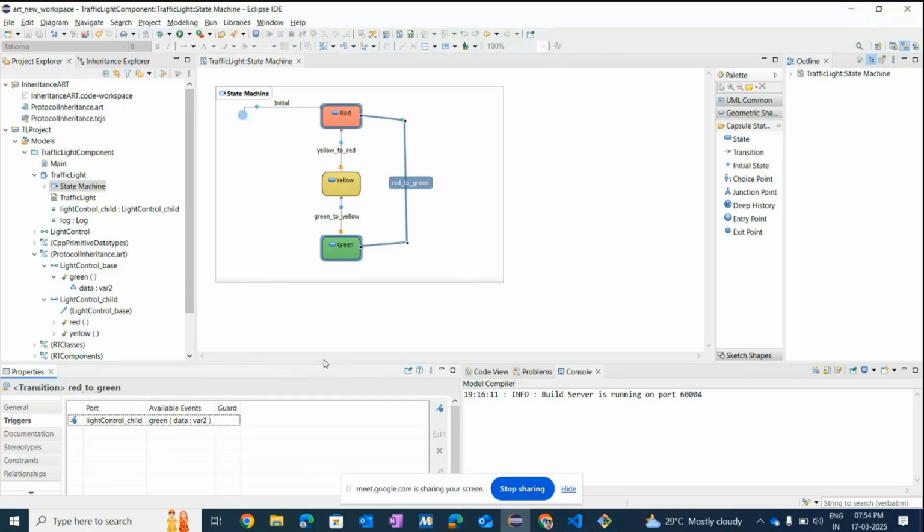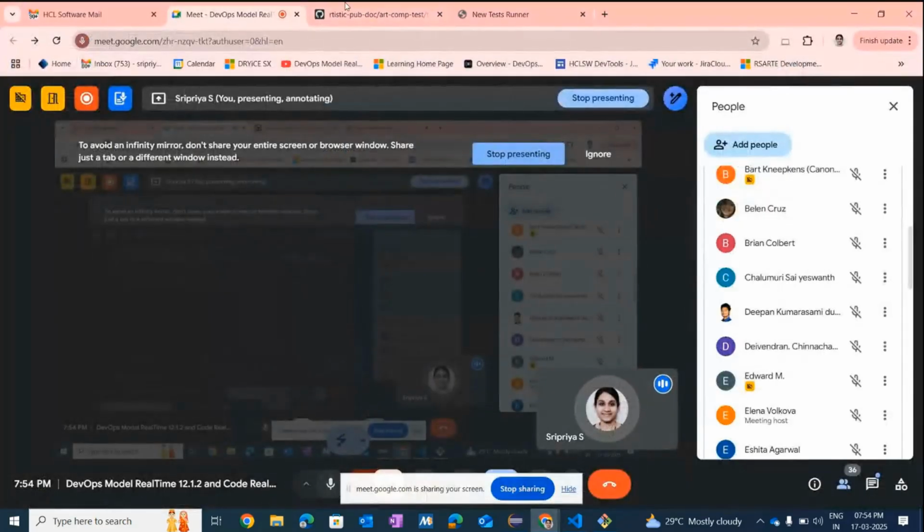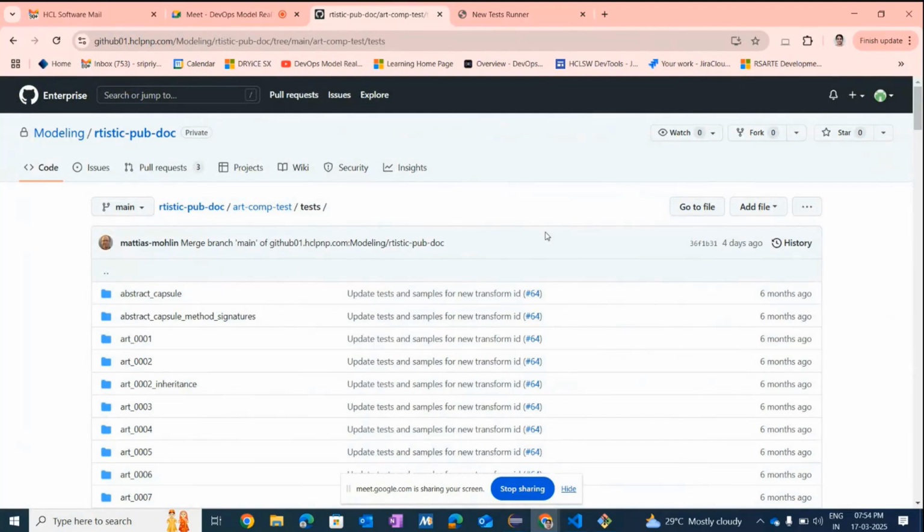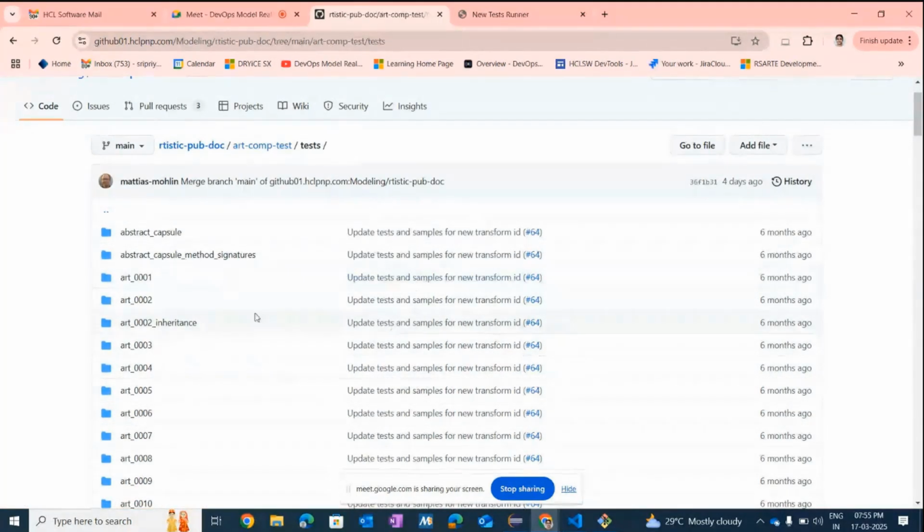This is with respect to the script that we have now developed. We now have a script for automatic testing, which is useful for the target RTS regression testing. This is the Git repo where we have all the Code RealTime samples and tests. The script will be published publicly during the next sprint. Using that script, we would be able to test the ART integration support, with each of the test projects that we can see here in the Code RealTime Git repo.